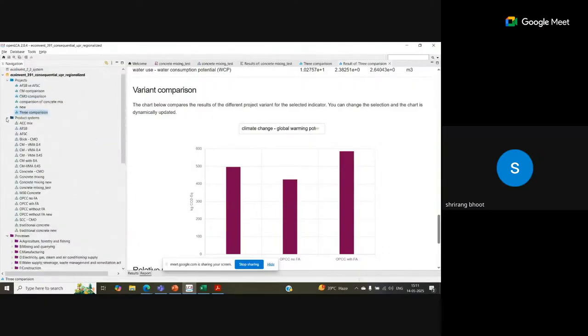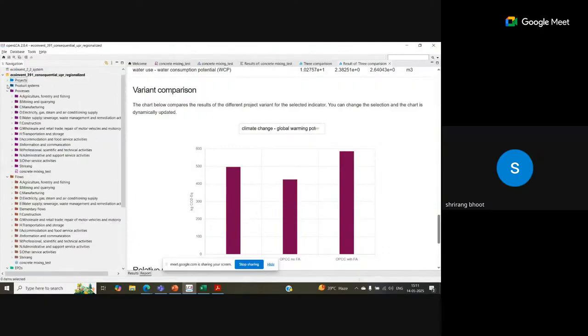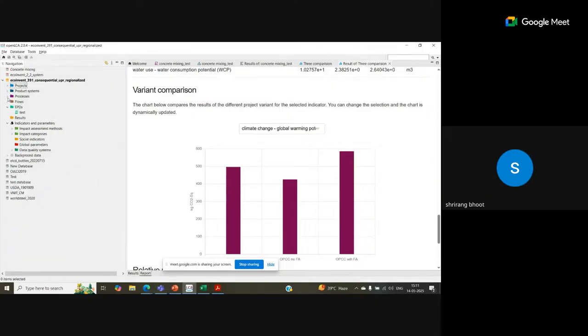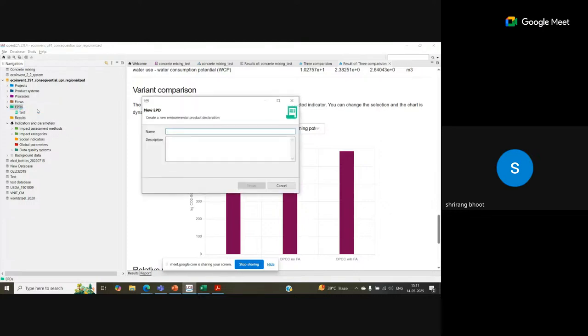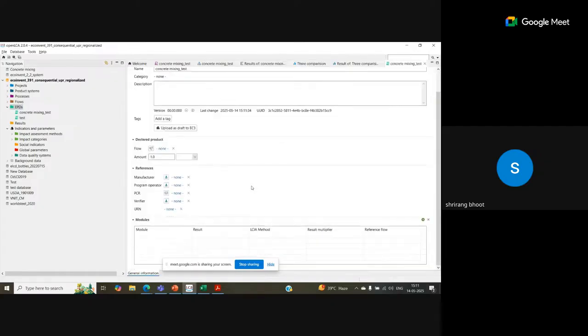This is product systems, projects, processes, flows, and then there is the EPDs option. Here in EPDs you can create a new EPD: just right click on it, choose new EPD, and write down the name of the EPD which you want to create. Then you have to tell who the operator is and what PCRs you have used.